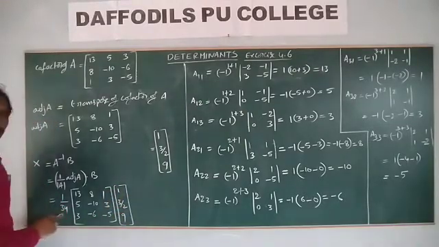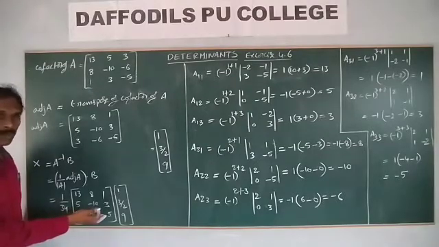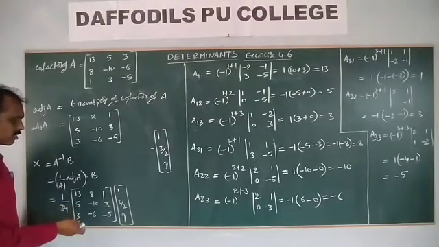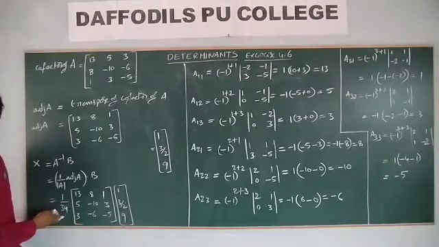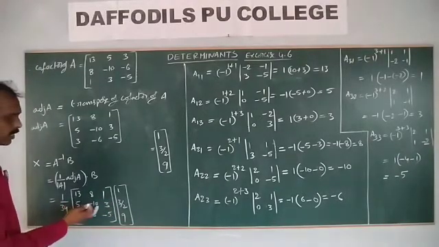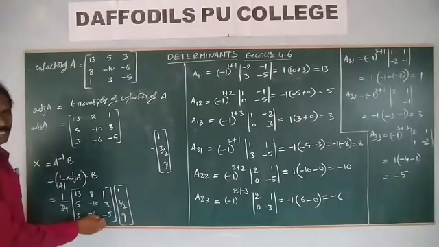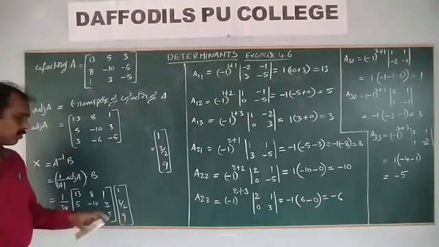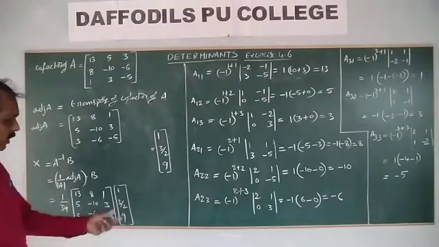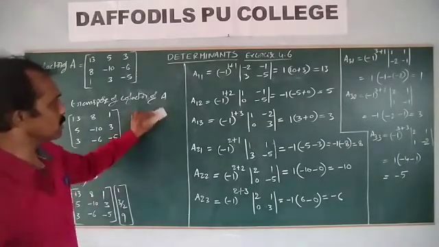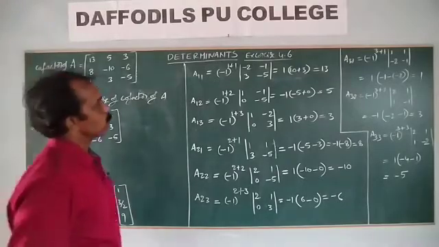Right. This 1 by 34, don't multiply inside. If multiplied, also no problem, but the calculation is difficult. Without this one, the calculation is easy. After finding this one, divide by this net value. So it is better to multiply these two matrices. This is a 3 by 3 matrix. This is a 3 by 1 matrix. So multiplication is possible. The resultant matrix answer is 3 by 1.